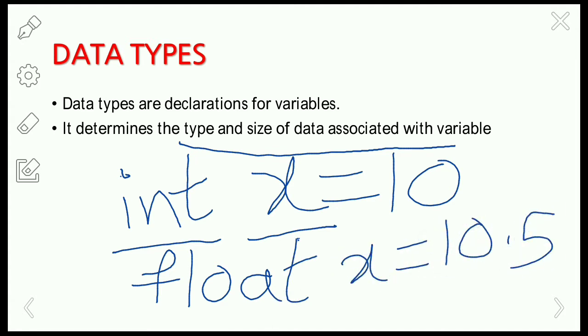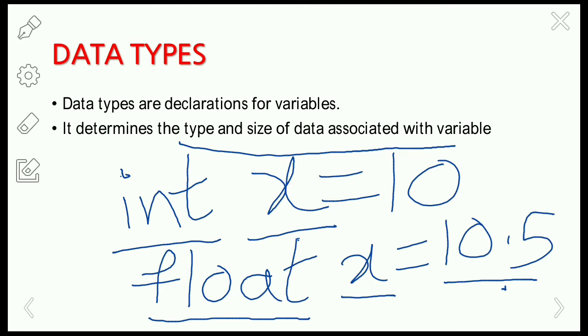So here x is the variable, and we are declaring the variable x with the data type float, which has the real value. Since the variable has a real value, we are assigning it the data type float. Like that we can assign variables for char, string, long, double.